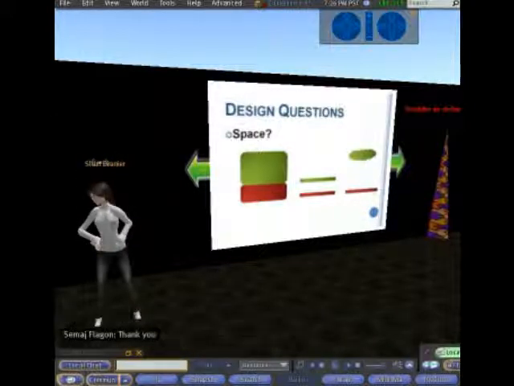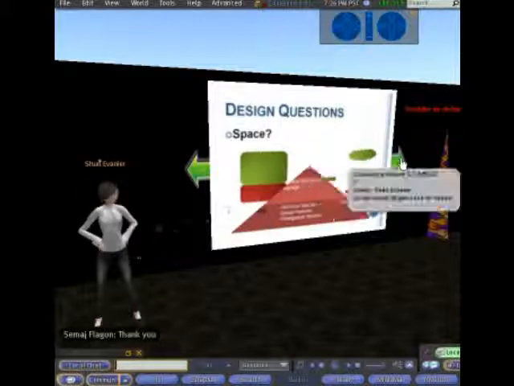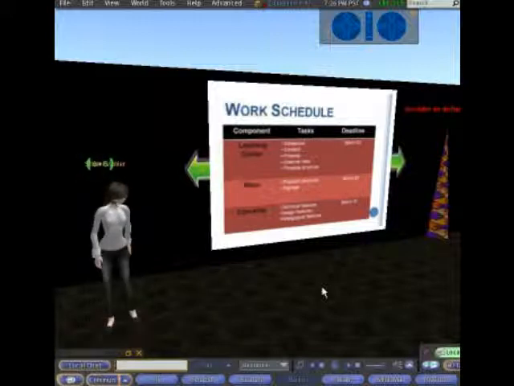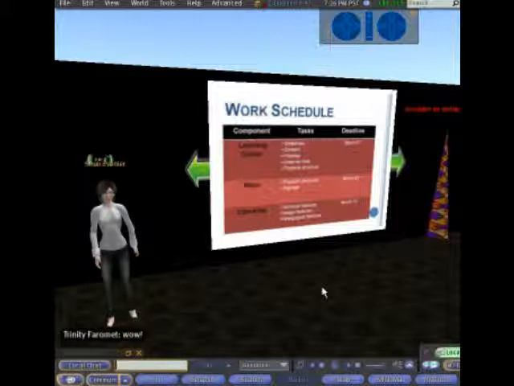So in terms of my work schedule, this is basically it, but it's flexible. I could start with the maze first before the learning center, but I think based on my work style, it's easier for me to do the content first before the physical structure. Besides, the maze is sort of straightforward in terms of construction.